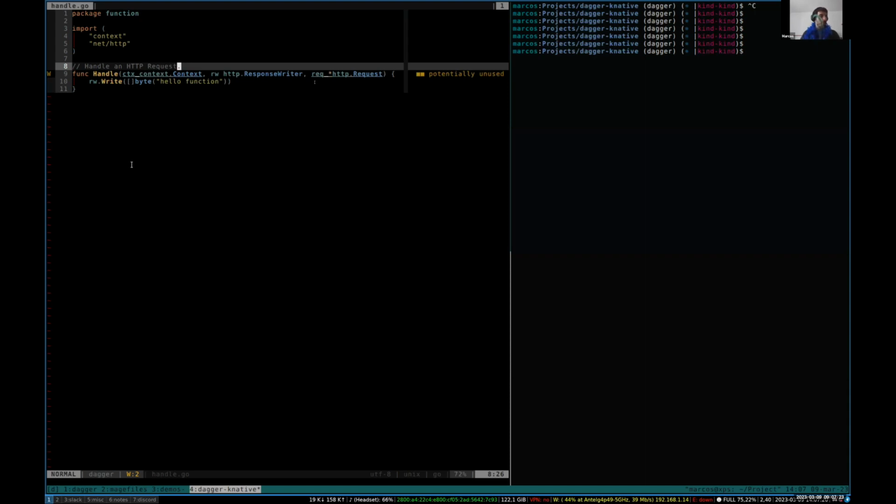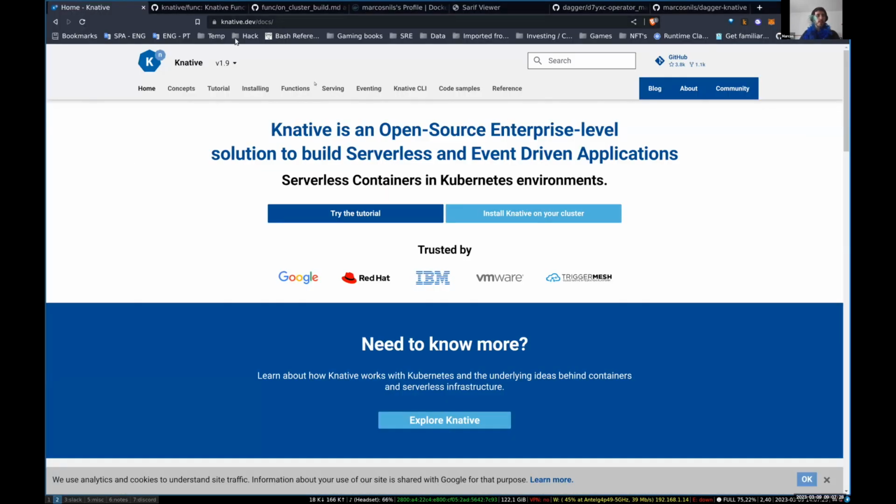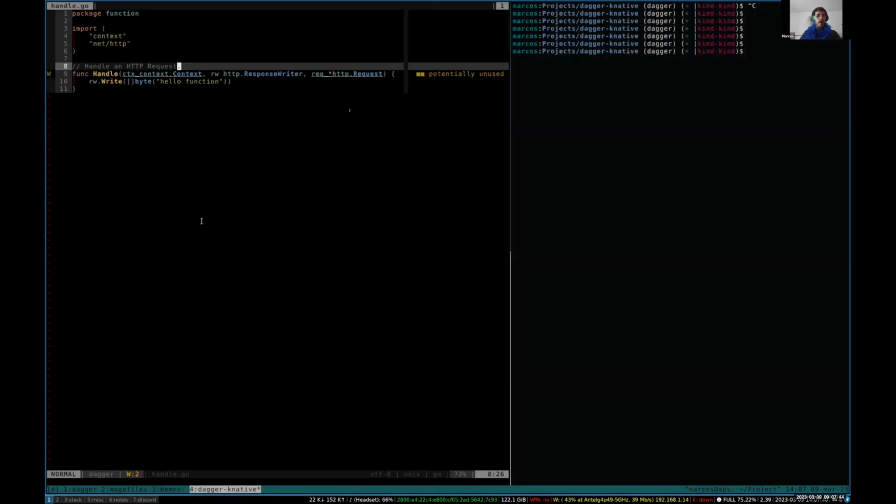For those who don't know what Knative is, as I explained before, you can see the website here, knative.dev. It's basically an open source serverless framework. There are several out there, but this is the one that, in my opinion, and for what I've seen, is the most developed one in the Kubernetes ecosystem and the cloud native one. So going back to our example, Mauricio showed me this, and the way generally that Knative promotes and recommends